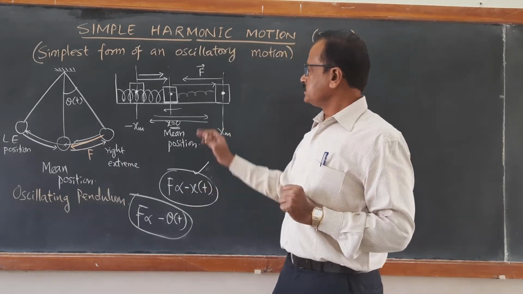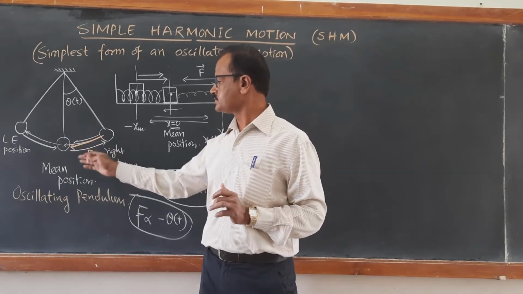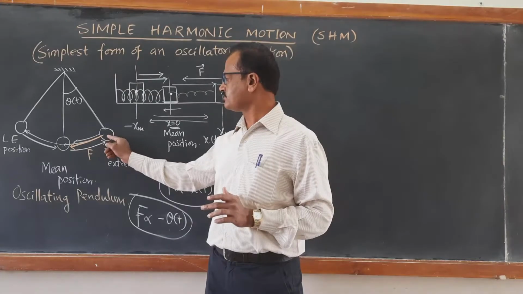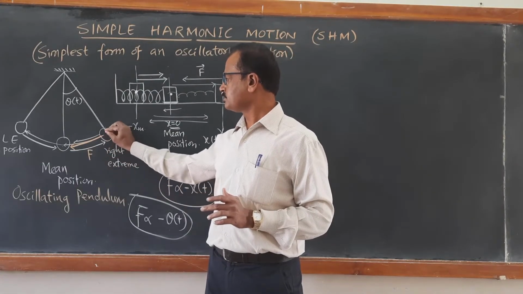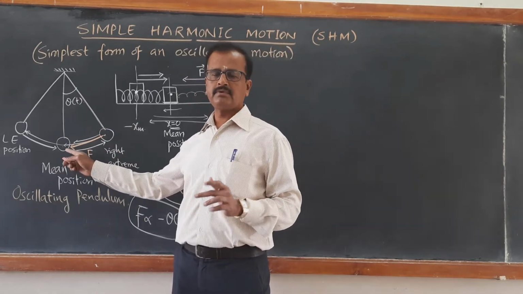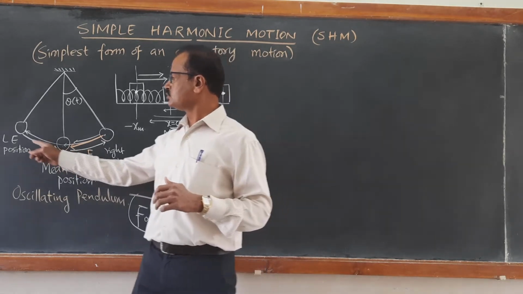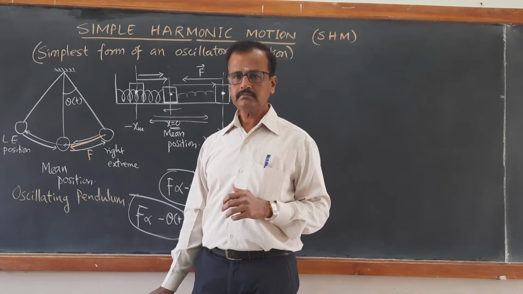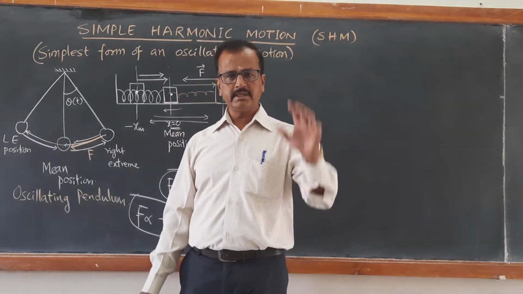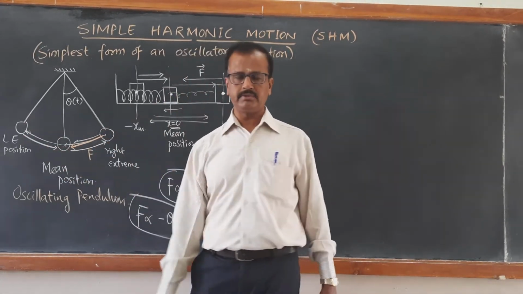This is the linear oscillator, and the same thing I have explained about oscillations of a simple pendulum. When the bob is released from a right extreme position, suppose this is the position, it goes to the mean position because of the momentum and kinetic energy it has gained. It tends to move to the other extreme position. Again, after reaching the other extreme position, it returns back. In doing so, it keeps on oscillating about the mean position.